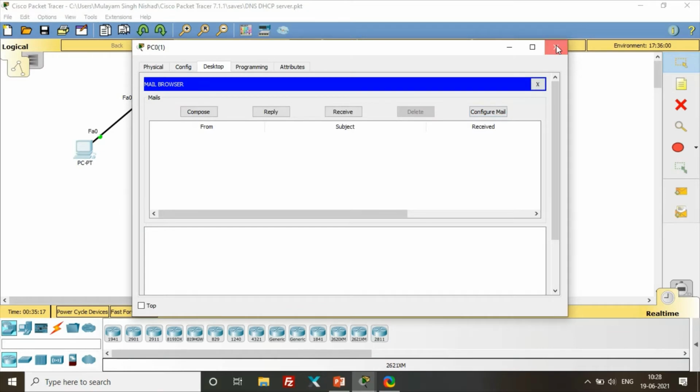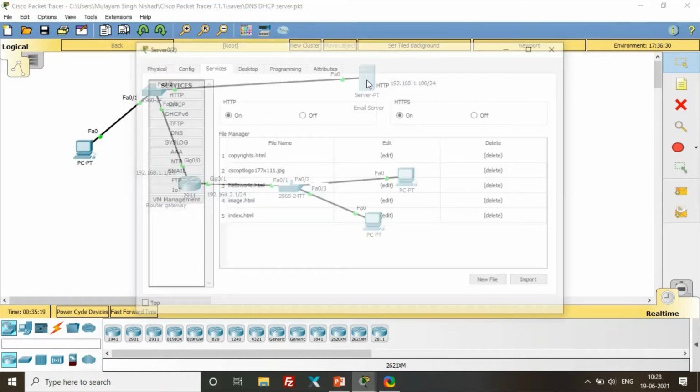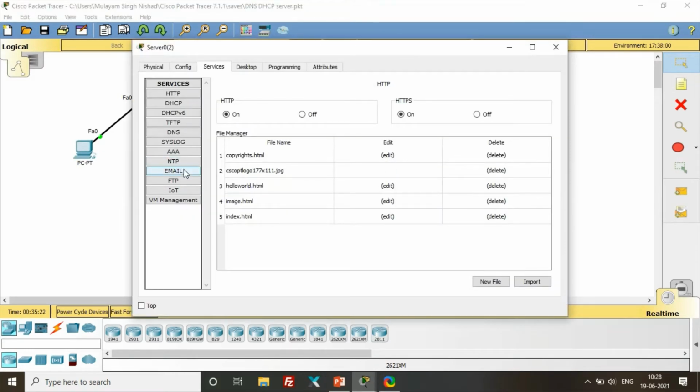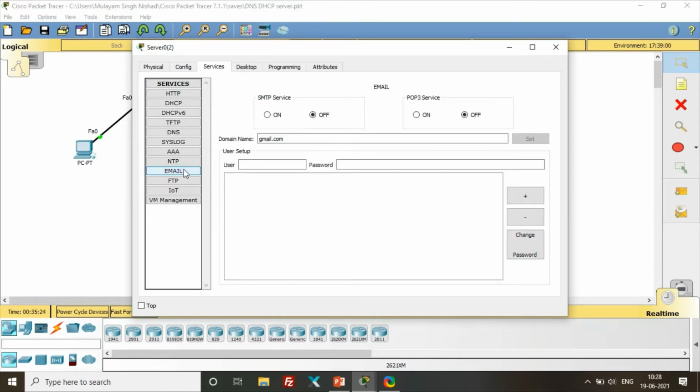Go to the email server, go to services, and then click on email. What configuration is required here? First, SMTP services should be on, and POP3 services should be on.